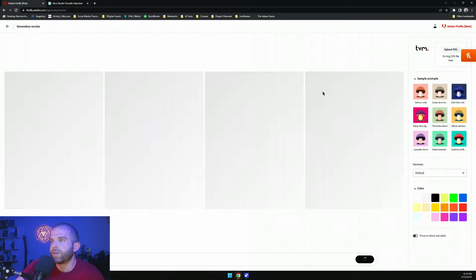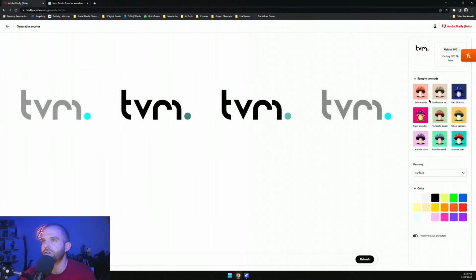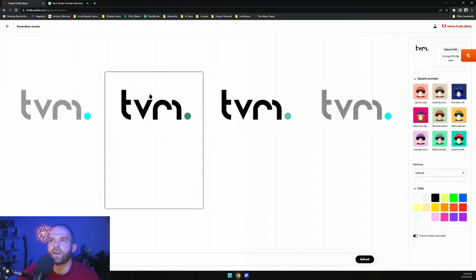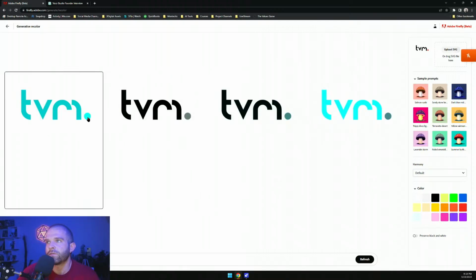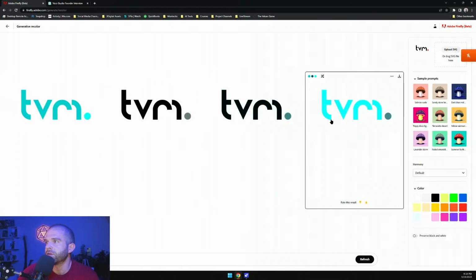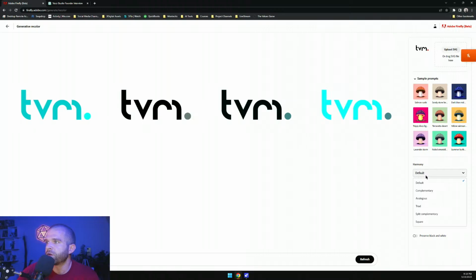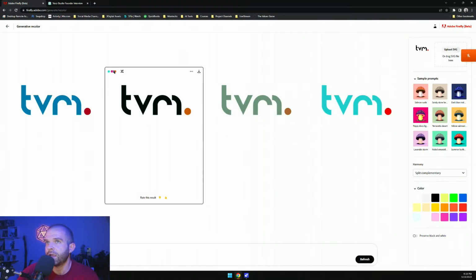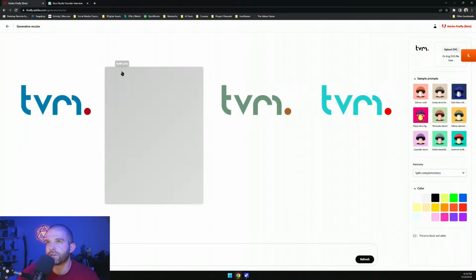And we hit generate. So our sample prompts here are kind of interesting. It's like salmon sushi, terracotta desert. They're more like color swatches. Something I want to turn off here, because I have black in my logo, is turn off preserve black and white. That way it fully takes control on modifying the colors. We can choose a different harmony, so you could do like split complementary. And we can also reshuffle the colors that it picked. So if I hit reshuffle over here,